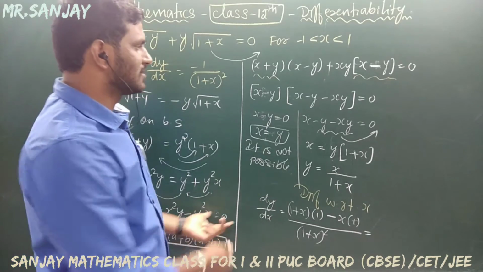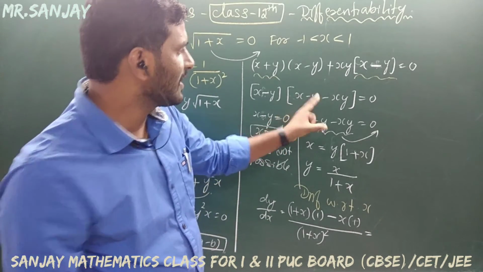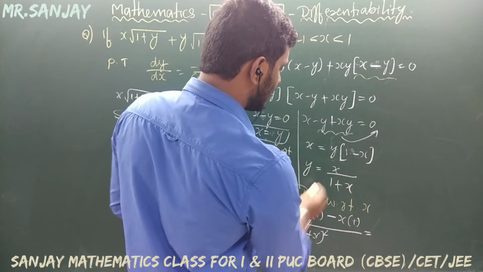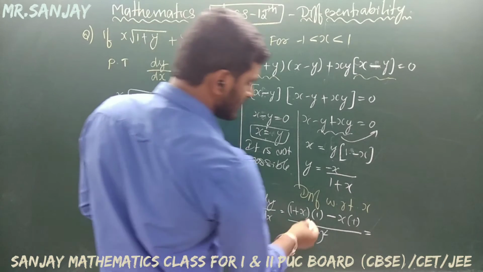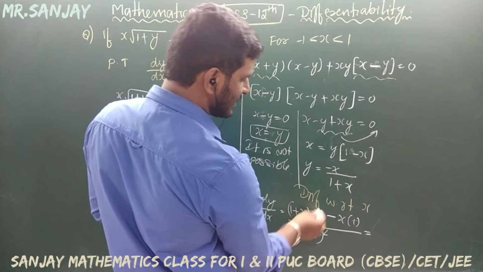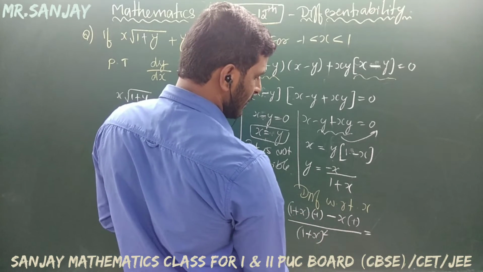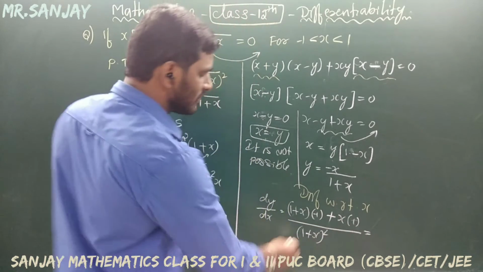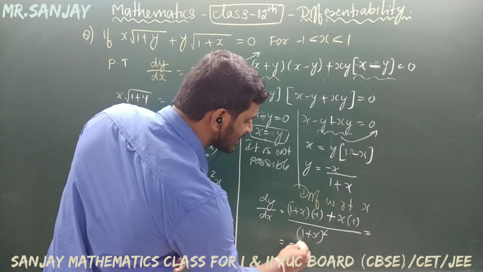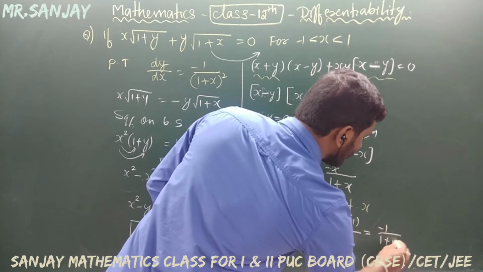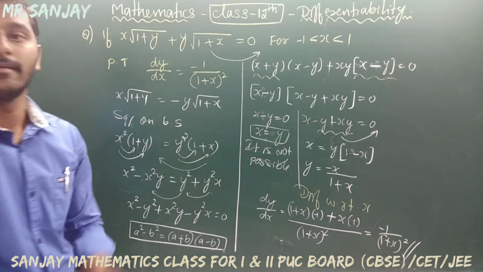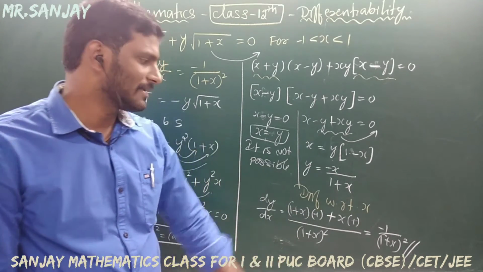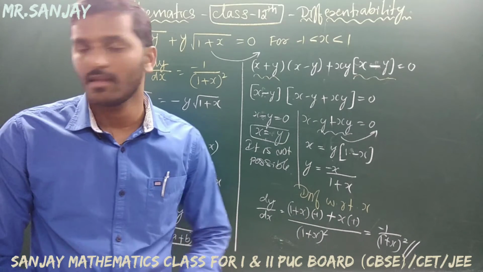So x is not equal to y, absolutely. And x minus y, make it plus. And this is a minus, and this is a minus. If it is minus, so denominator first, numerator differentiation, minus 1, and minus x, minus of minus plus x into 1. So the final answer, plus x minus x you can get cancelled. So minus 1 divided by 1 plus x, the whole square. Yes, its answer is that now. If the question is plus, absolutely the answer is minus 1 divided by 1 plus x square. Okay. Write down the answer.